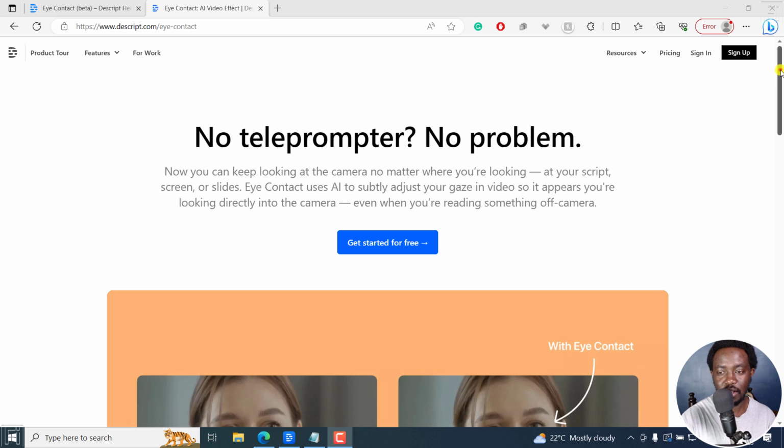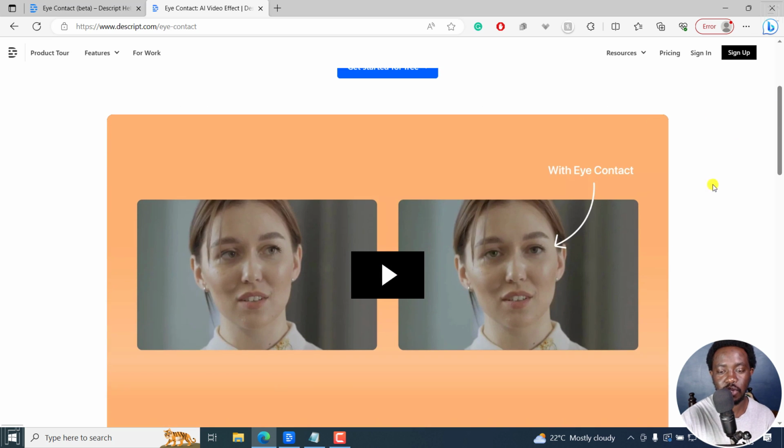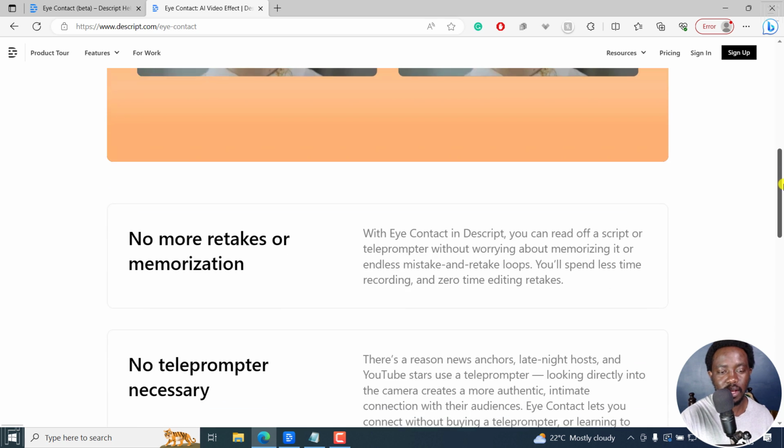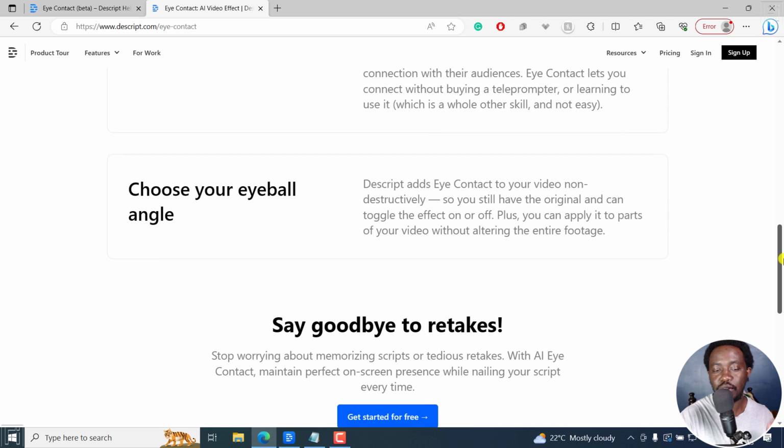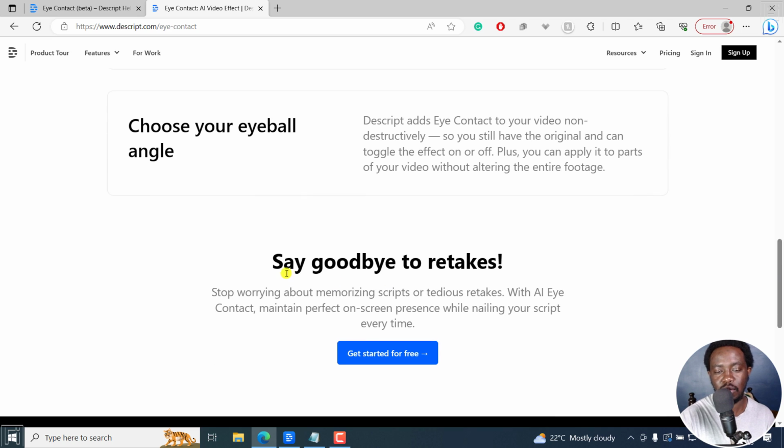Now, it's a really awesome feature, and this is what we should get once we do our quick example here. No more retakes or memorization, no teleprompter necessary. Choose your eyeball angle, and as always, say goodbye to retakes, because sometimes you have to do retakes, especially when you realize, hey, I was looking at the script instead of looking into the camera. Eye contact is going to fix all that, and I'm going to come back to a few things that you